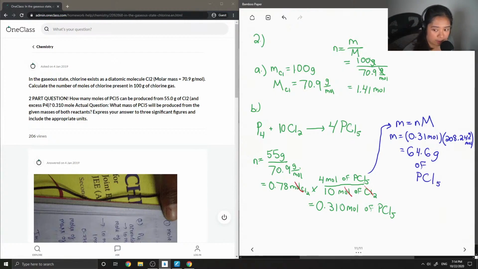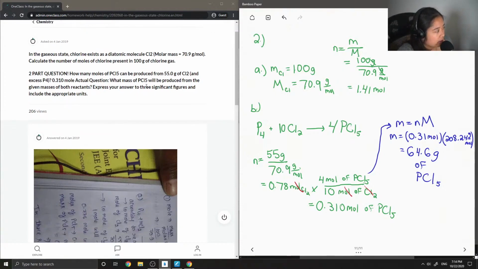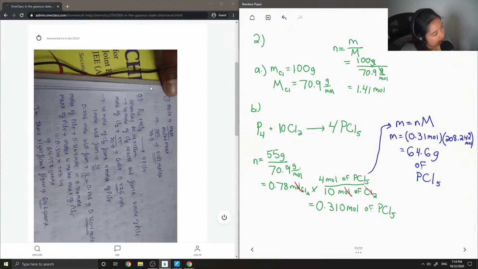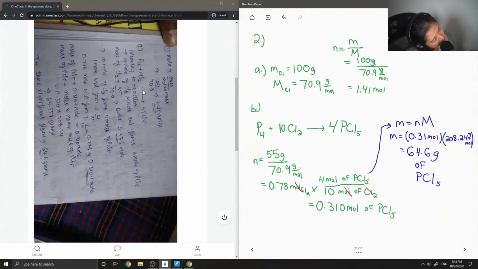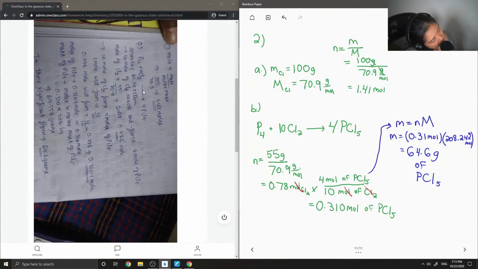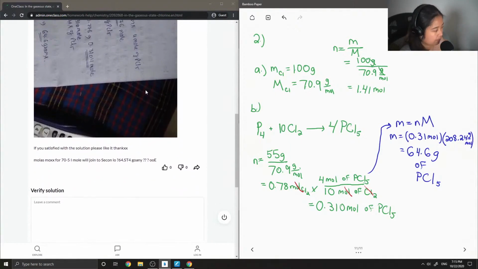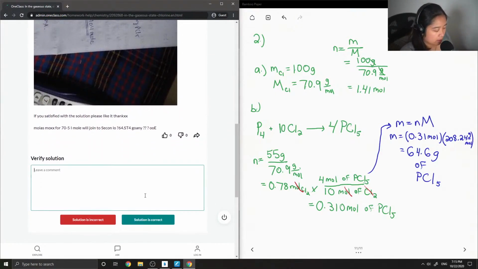as our final answer. So let's check out. We did it to 3 significant figures, appropriate units. This is the answer of our junior tutor, which is sideways, but just by reading it, I can see they got the same answer as me. This solution is correct. And on to question